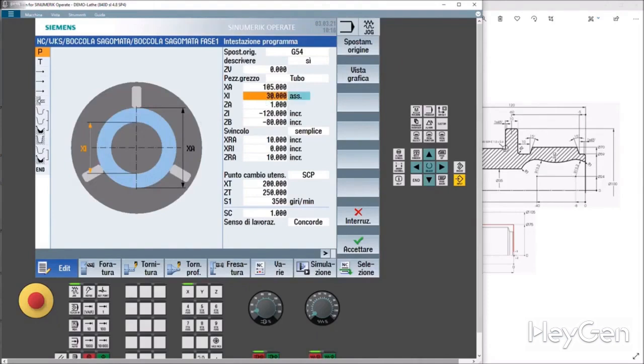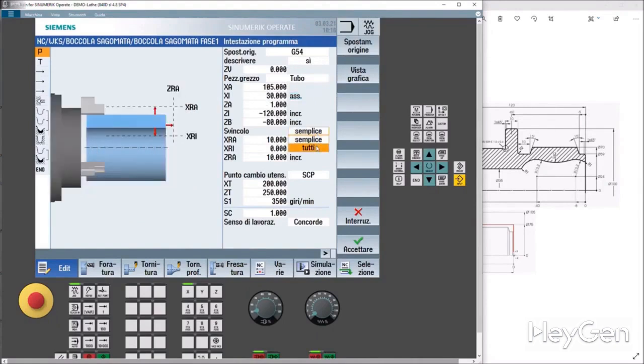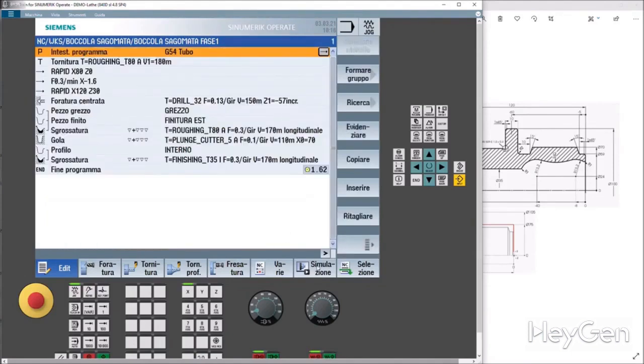It is a simple release that also requires a release on the inside. A release that we will bring to 5 mm. Let's hope it's enough. We accept and simulate.